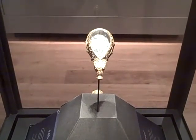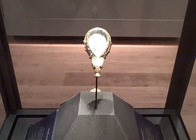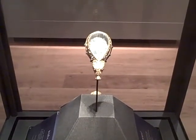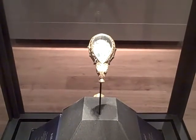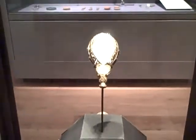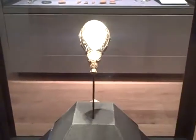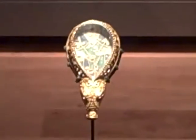So we're in the Ashmolean Museum in Oxford, and we're in the medieval Tudor, well actually it's sort of Anglo-Saxon to Tudor era, and I just wanted to see if I could show you a couple of highlights. I'm not actually sure how well you can see this because the light is shining upon it, but